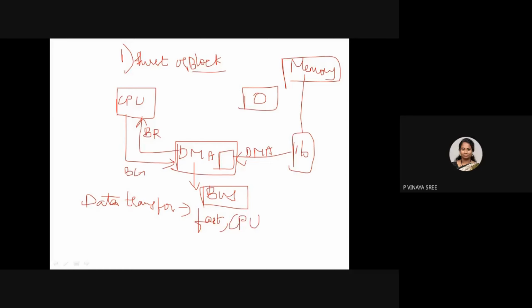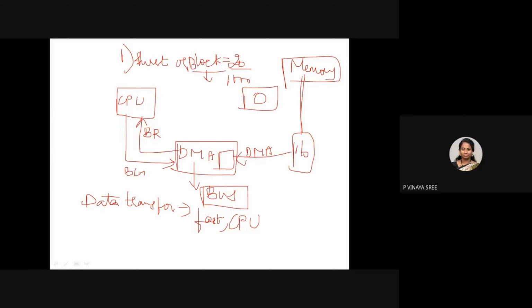Okay. So why? Because of that, the block size that we have mentioned should be small. Let us consider the block size in this case is 20 words. So after completion of 20 words, it releases the system bus to the processor, so that the processor will start executing its main program. But what happens if the block size that we have considered is 1000 words, or so many words that it has to transfer? It means meanwhile the CPU has to sit idle. So in this also we should consider the block transfer, the number of words, should be small.